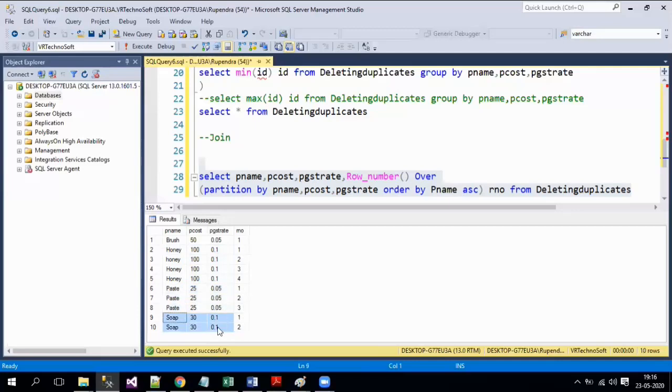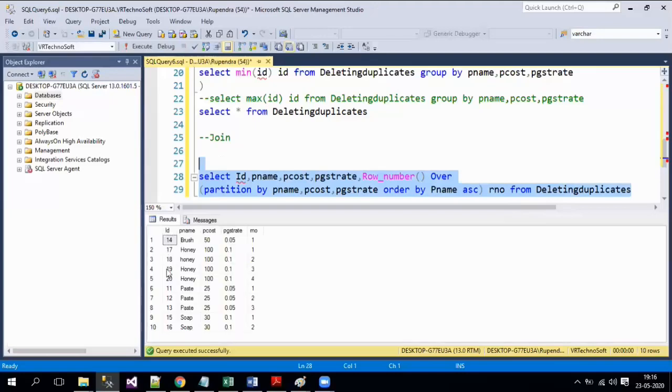Now by using this row number, we also require the ID column here. Let me append the ID column in my select clause. Now you can see we have an ID column here, and the respective row numbers we have assigned. Now what exactly I'm going to do over here is, by using join, my join condition here